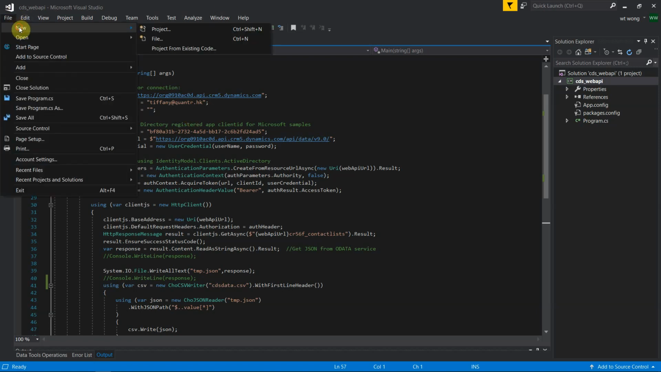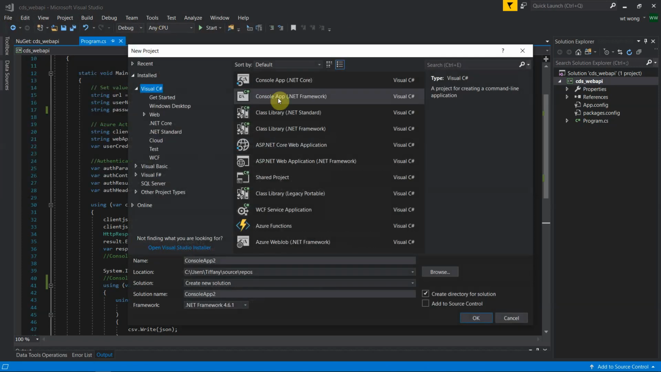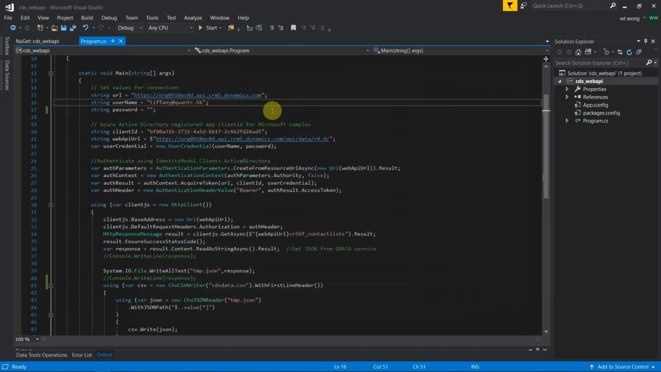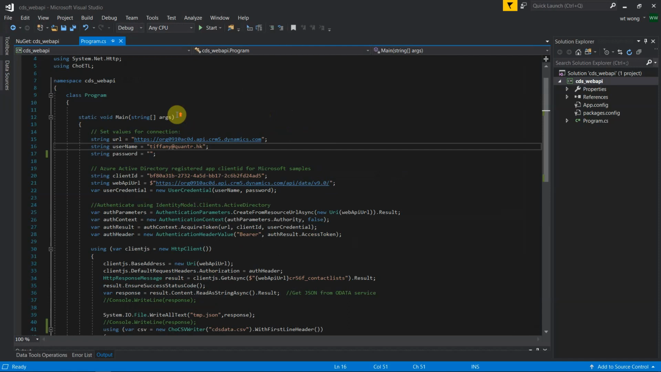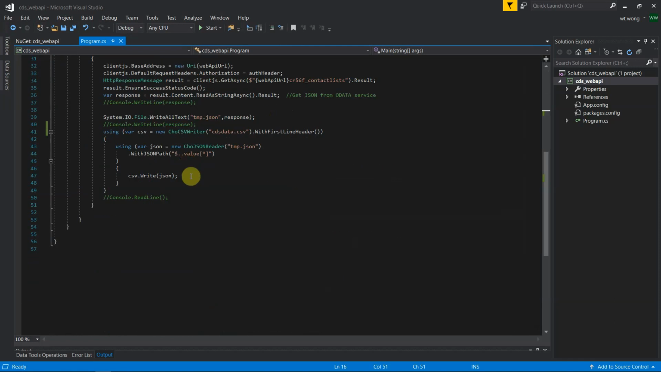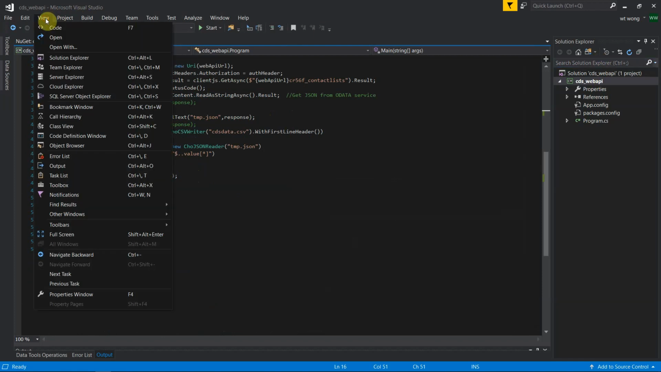So let's create a new project. It's a C# console app project. I'm not going to build one more here because I already have a program here. Afterward, we need to open the Solution Explorer. We can open it here